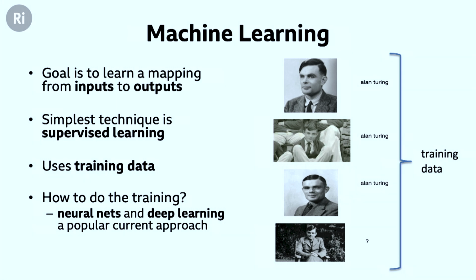Well, the simplest way of getting machine learning to be able to do something is what's called supervised learning. And supervised learning, like all of machine learning, requires what we call training data. So in this case, the training data is on the right-hand side of the slide. It's a set of input-output pairs, what we call the training data set. And each input-output pair consists of an input: if I gave you this, and an output: I would want you to produce this. So in this case, we've got a bunch of pictures of Alan Turing, and the text that we would want the computer to create if we showed it that picture.